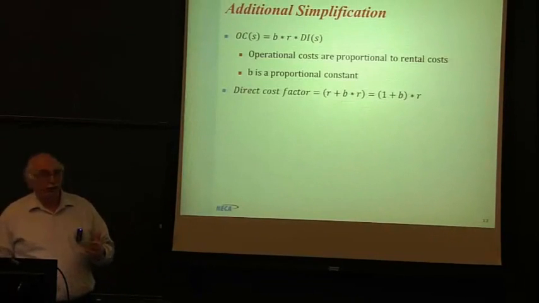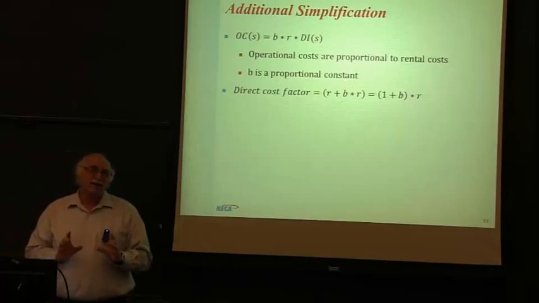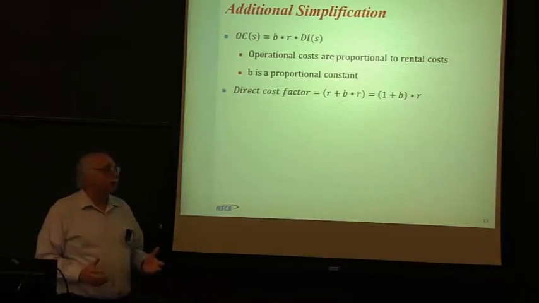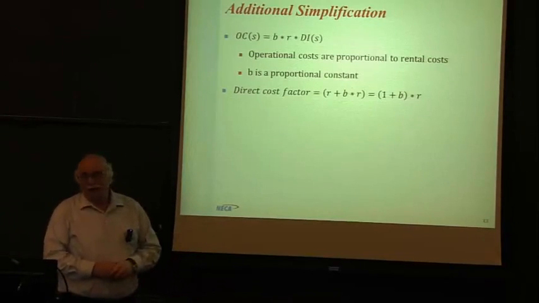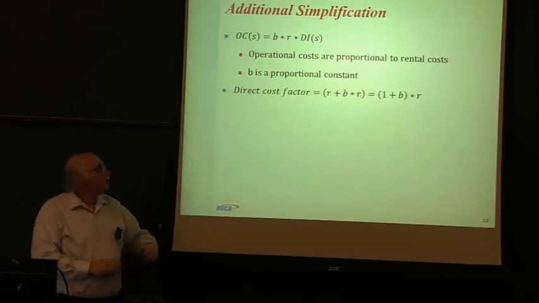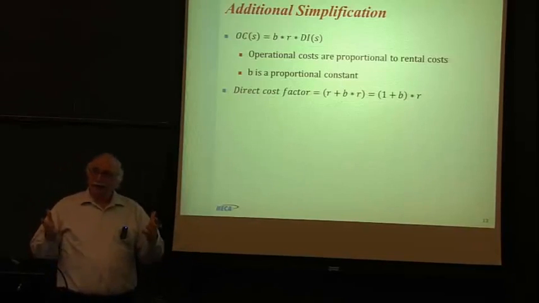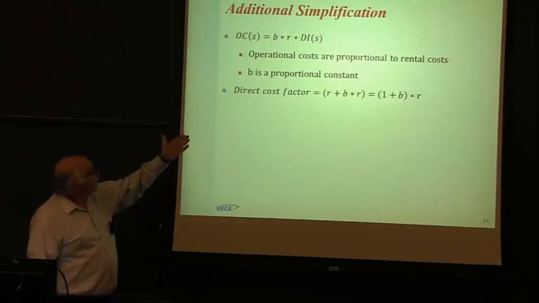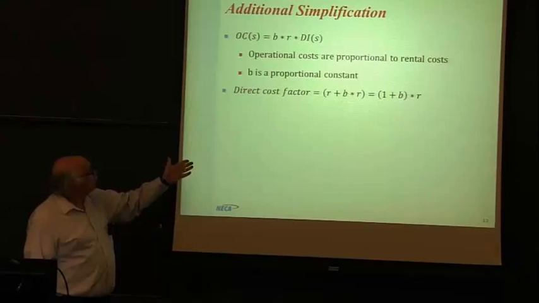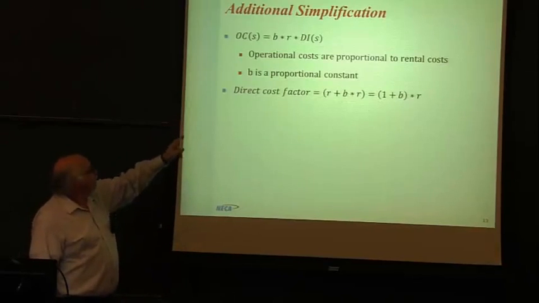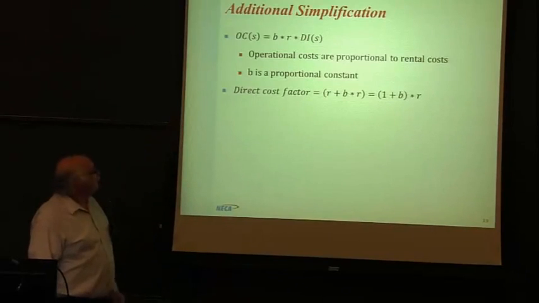So let's now, even that simple model is too difficult in a lot of cases, because a lot of times you can't associate. You have a couple of workers out in the field, and the operating costs associated with a particular service is not easy to pin down. So what we do is we look at the whole income statement of a company, and we look at the total direct investment, the total operating cost of a company, and we get a factor called B.